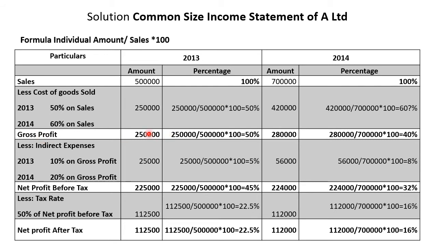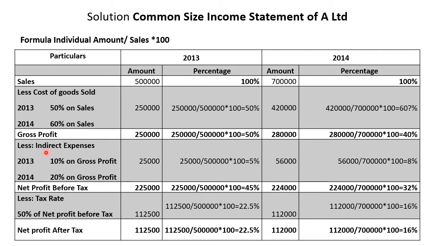Now gross profit, again it will be 2,50,000 divided by 5 lakh into 100, it will be 50%. Okay, clear with this one? I think you all have no doubts over here. If you have any confusions, we'll discuss this part again so that it will be clear for you guys.